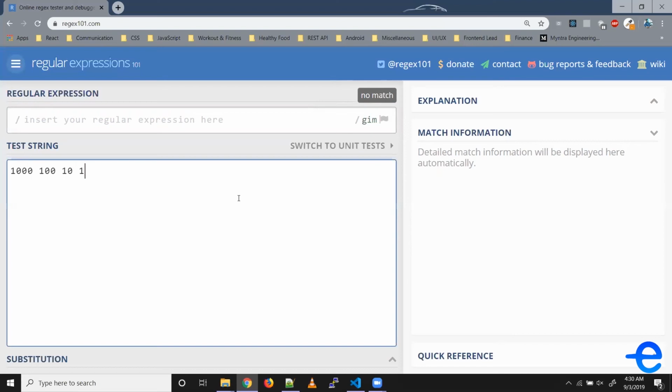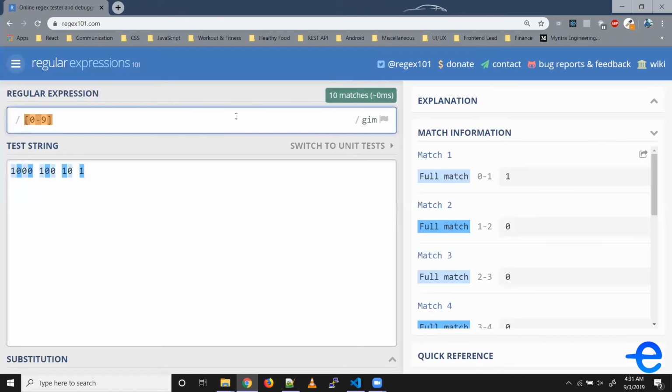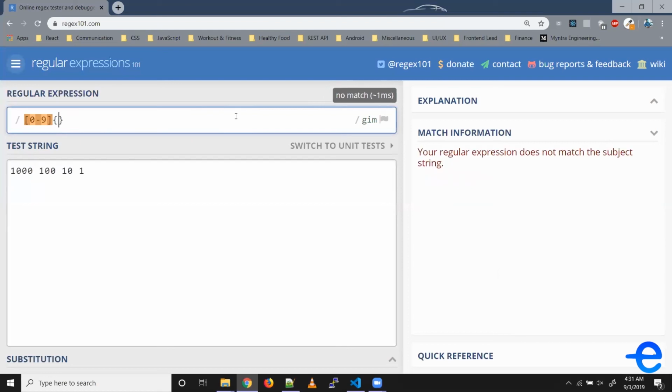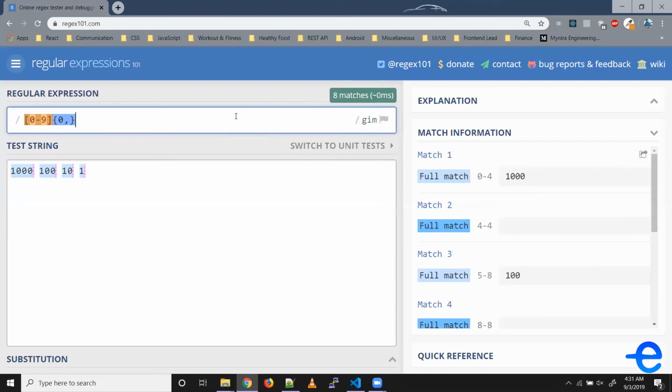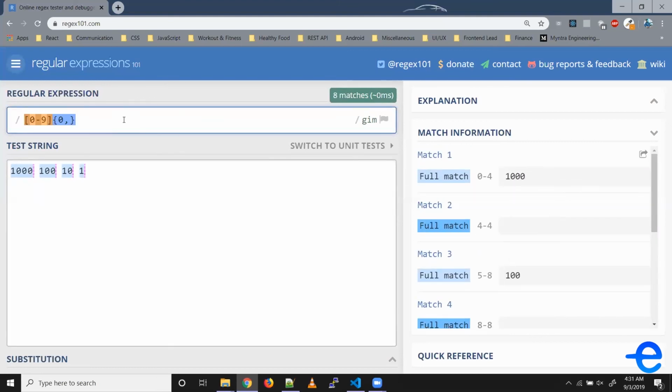Similarly, say we wanted to get all the digits followed by any number of zeros. This means the 0 character may repeat any times or be absent. For this, first we need to select the digits, so 0-9, followed by curly braces, and here we define the number of occurrences, so 0, comma, which just means 0 onwards. So as you can see, it's giving us all these different matches. This curly braces 0, comma can also be replaced by asterisk, and we're still getting these